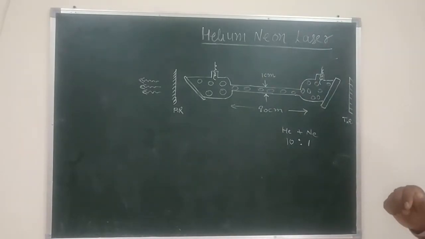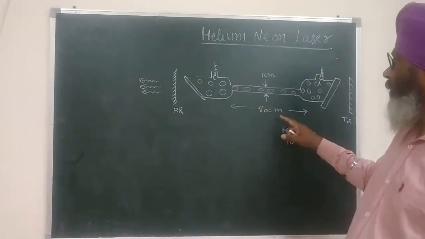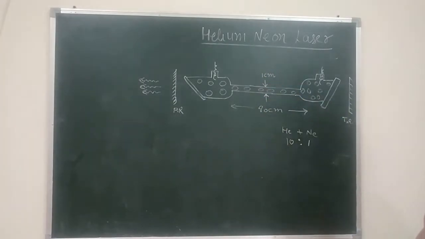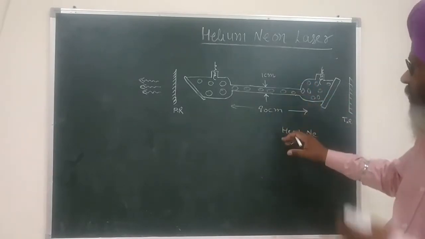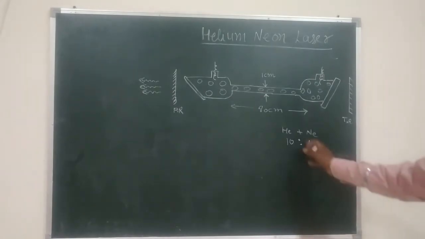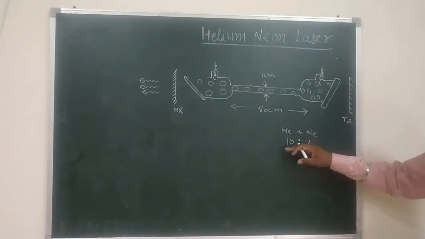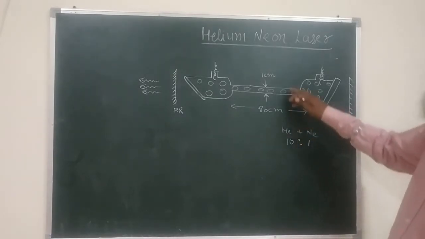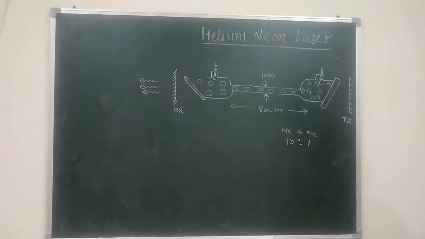If you have attended my lecture on the functioning of the electric discharge tube, there I explained that the length of the tube, the concentration of the gas and the potential difference between the electrodes are interrelated. So if you change the dimensions of the tube, the concentration, or the battery EMF, then this concentration may not be the same. Therefore different authors may quote different values in different books. I am sticking to the ratio 10:1, which is appropriate for this dimension of the discharge tube.